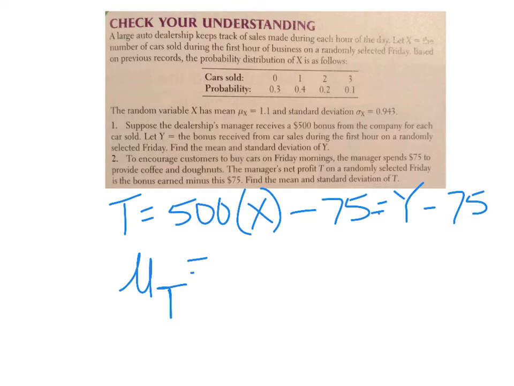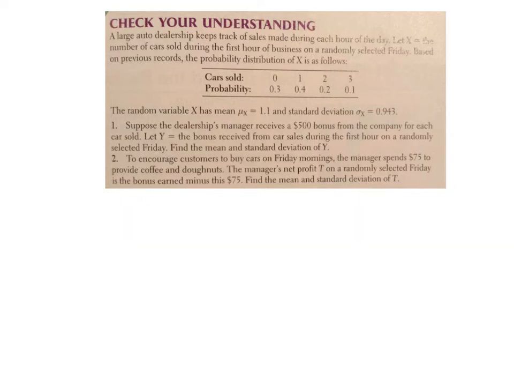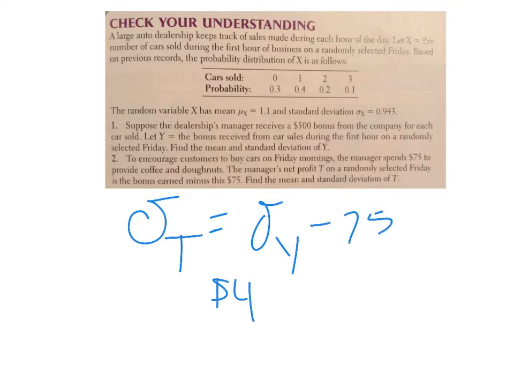So if I want to find the mean of T, I can just take the mean of Y minus $75, which then would be 550 minus $75, which means he has an average net gain of $475. If I want the standard deviation of T, this is going to be the standard deviation of Y, and subtracting 75 doesn't change it, which is going to give us